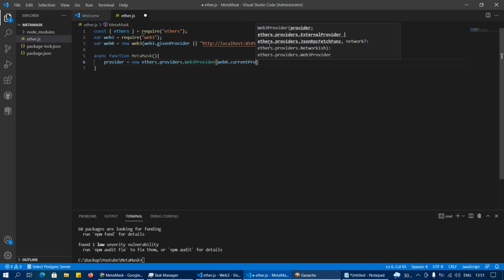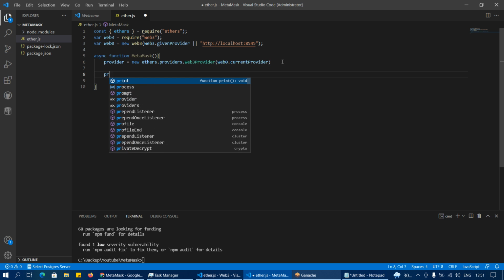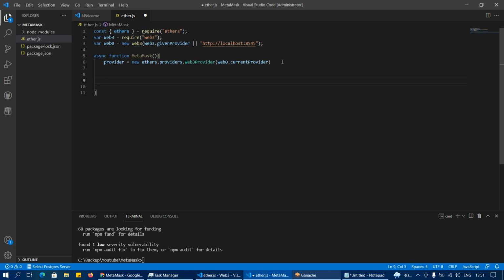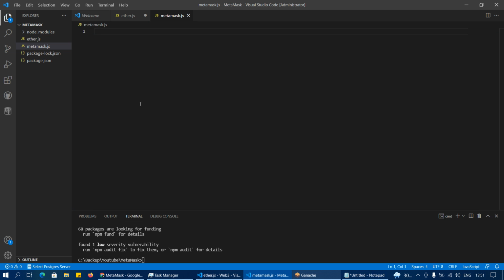We will use current provider. Done. Web3, why web3? This will get the link from this current provider. Web3 is the given provider, MetaMask. This is the link where it will get. All right. Now, first of all, we need to check if the MetaMask is installed or not. So just to see this,